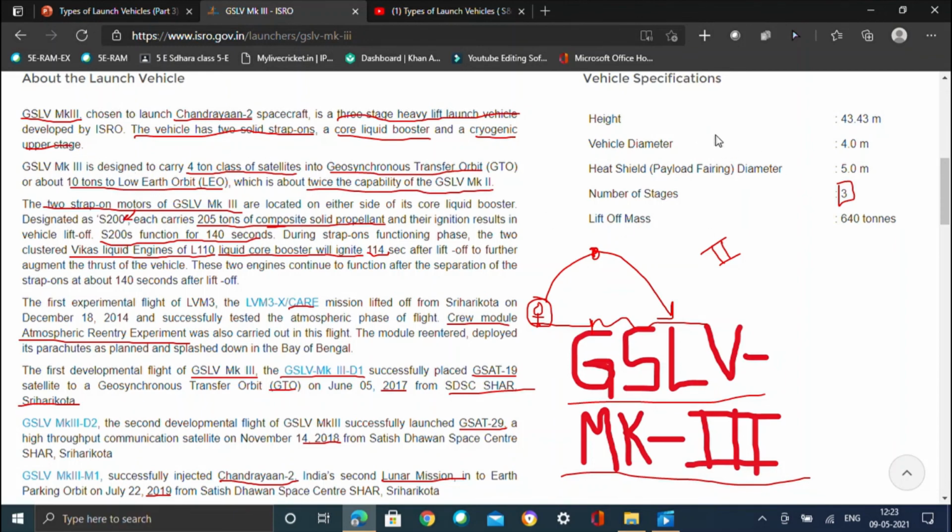Let us discuss its specifications. It was 43.43 meters in height, it was 4 meters in diameter, and it had a heat shield which protected the satellite or payload from heat while going through the atmosphere. It was about 5 meters thick. And before liftoff, its mass or weight was 640 tons. That was the launch vehicle